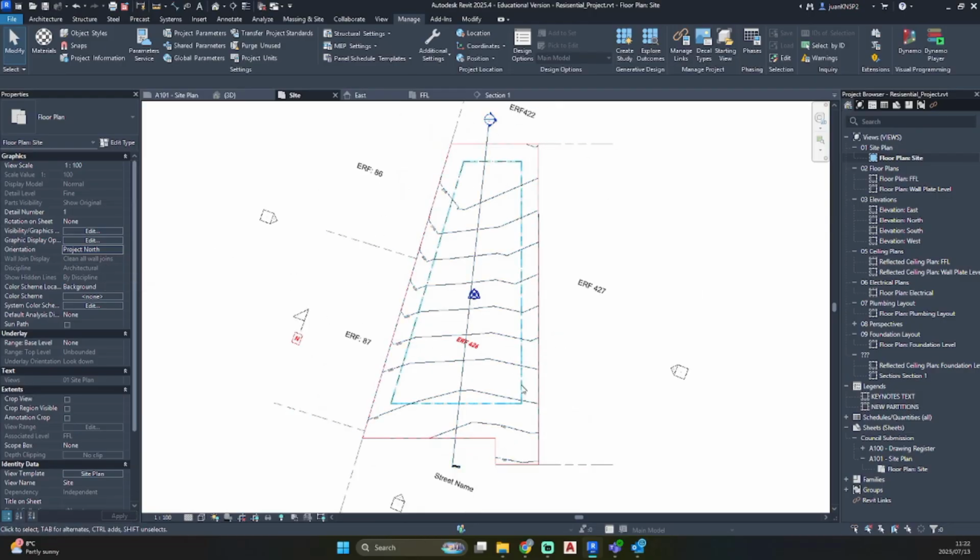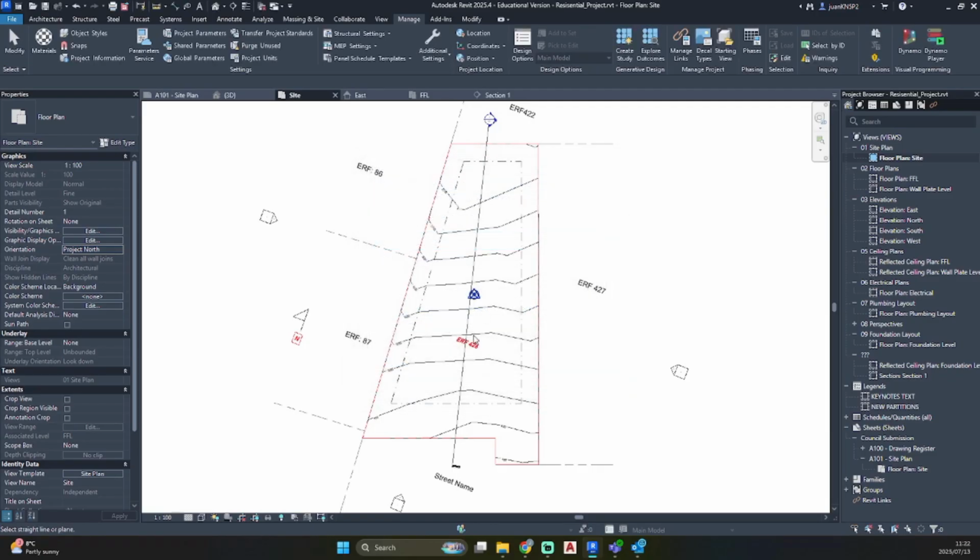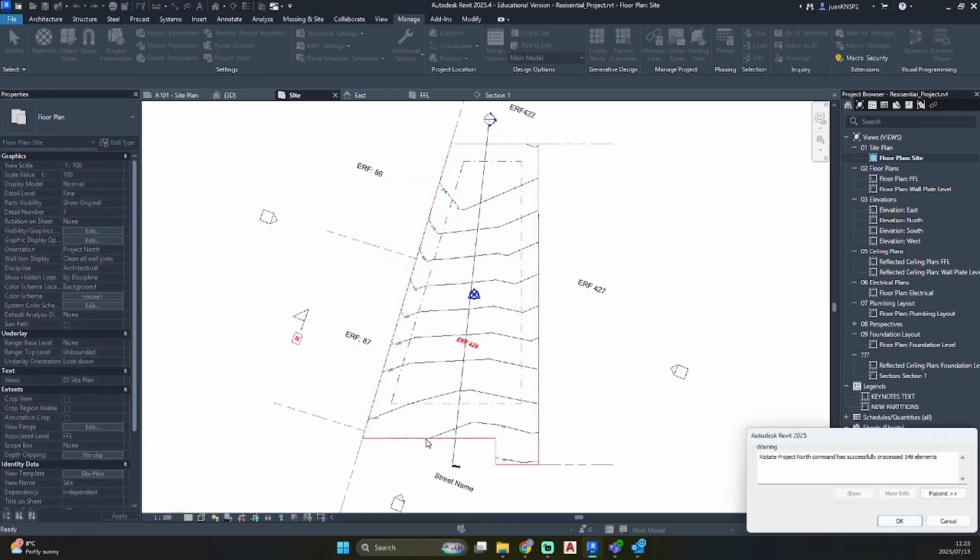So we have not yet set our project north, but with the site plan that's on your screen still at an angle, go to position, rotate project north, and just align selected line or plane and click on the bottom line.